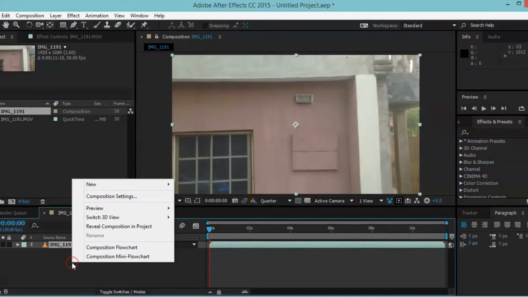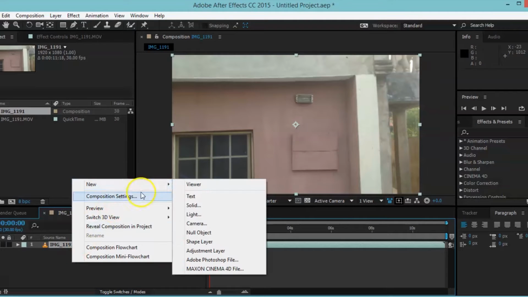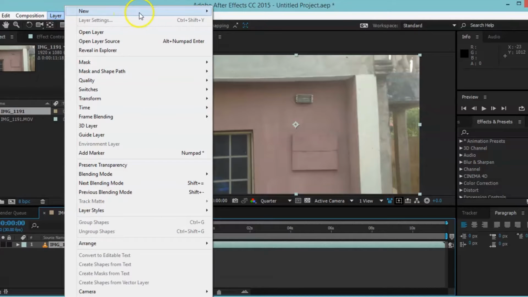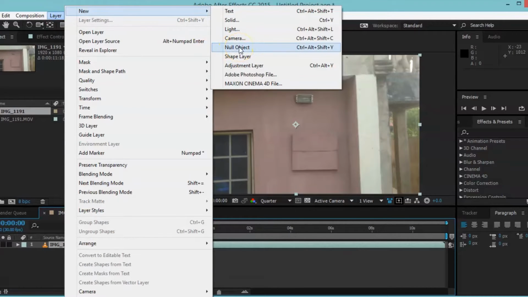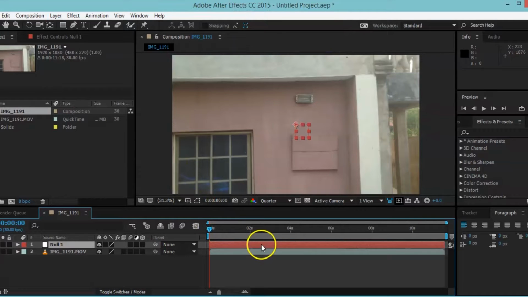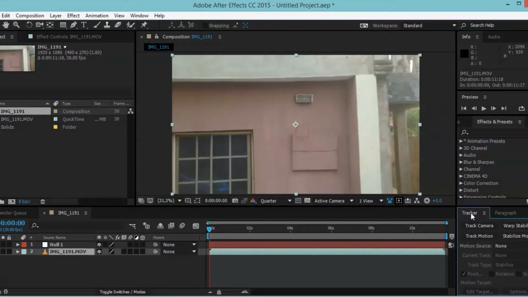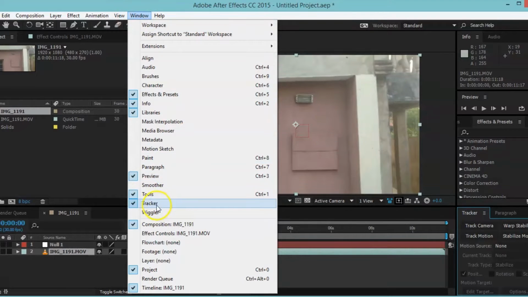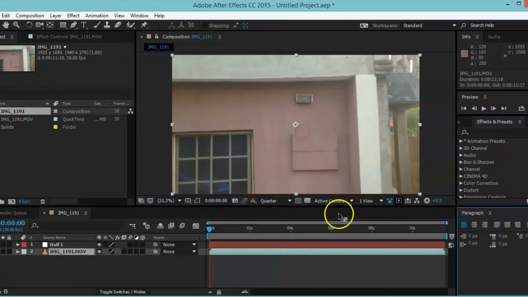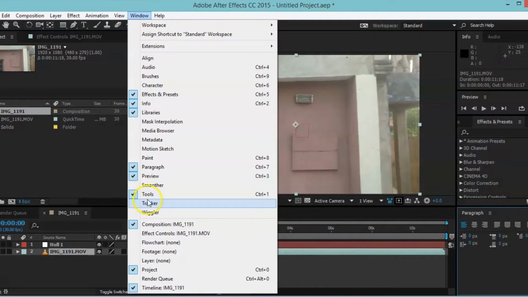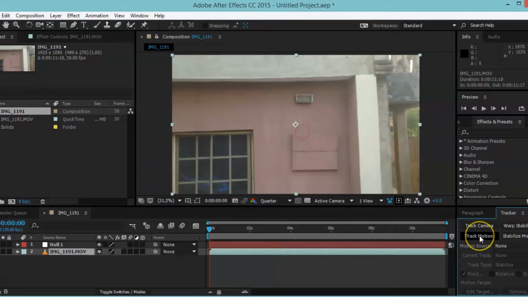For a start, we either right click, new, null object, or you can do layer, new, null object, one of them. Then it comes up. Then you click the footage, you see tracker on the right. You click your tracker, but just in case your tracker is not here, you come to Window, you see tracker, you click it. Oh god, I've removed my own tracker. Let me go back, and it appears. Alright, so we will click track motion,